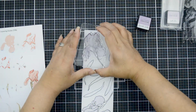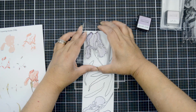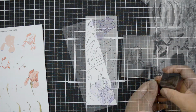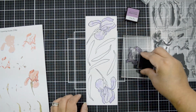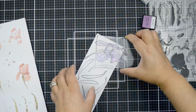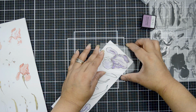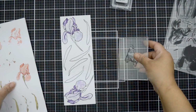You've got to take advantage of the little notches that the layering guide shows you. So slowly my flowers are going to build, and like I said before, very simple to create. And actually the beauty of this floral is that it's shaded, and because they're very detailed, there's not that many petals, it's really easy to layer. So slowly I'm going to use the 4 shades that come in the Shades of Purple to just create my floral. I'm just adding the details, and the beauty of this flower is that it comes with the stem